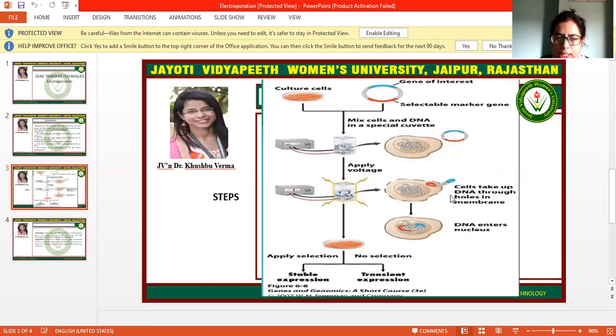If cells are giving stable expression, meaning whatever gene of interest has been introduced continues to express in a stable manner, we can select those cells. If there is no expression in a cell, we will not select that cell, because that cell will not be recombinant. So that's how we can use the electroporation method for gene transfer.